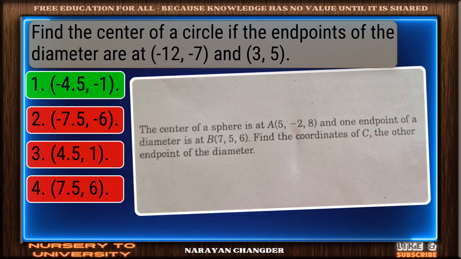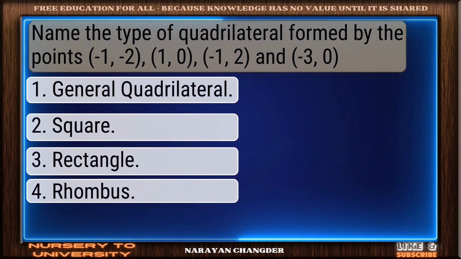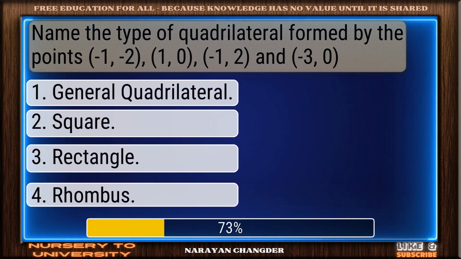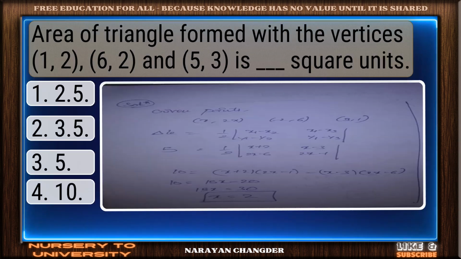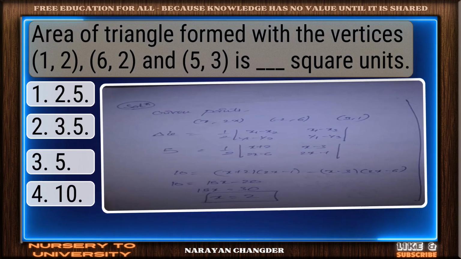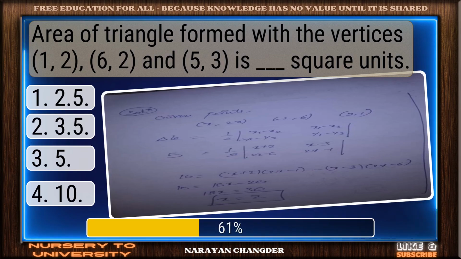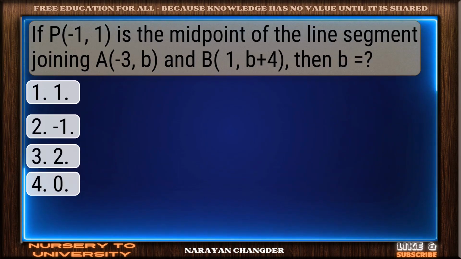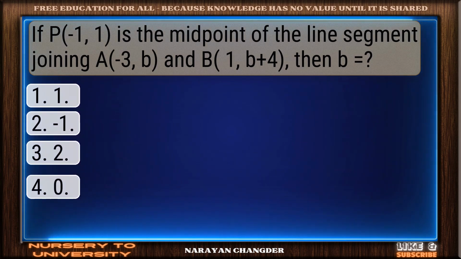Bravo is the answer. Name the type of quadrilateral formed by the points and. Well picked. Square is correct. Area of the triangle formed with the vertices and is dash square units. Excellent choice. 2.5 is. If P is the midpoint of the line segment joining A and B, then B equal